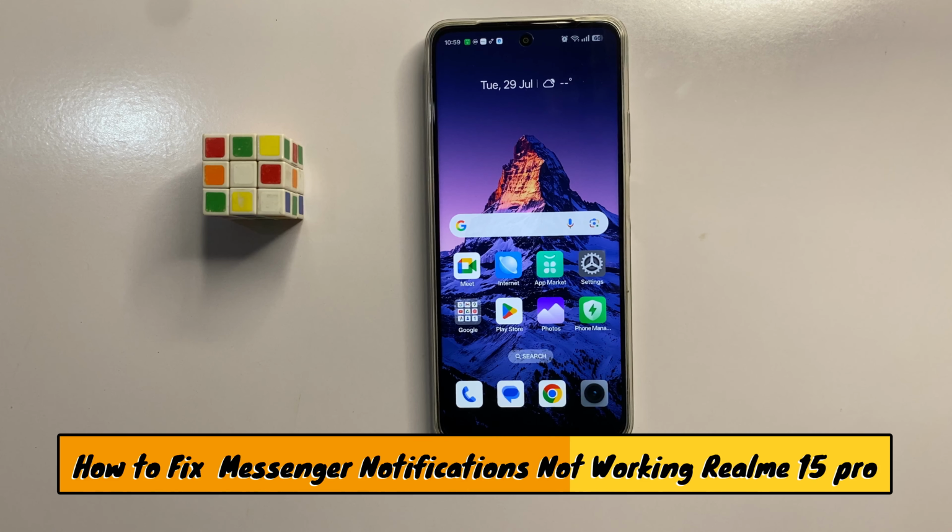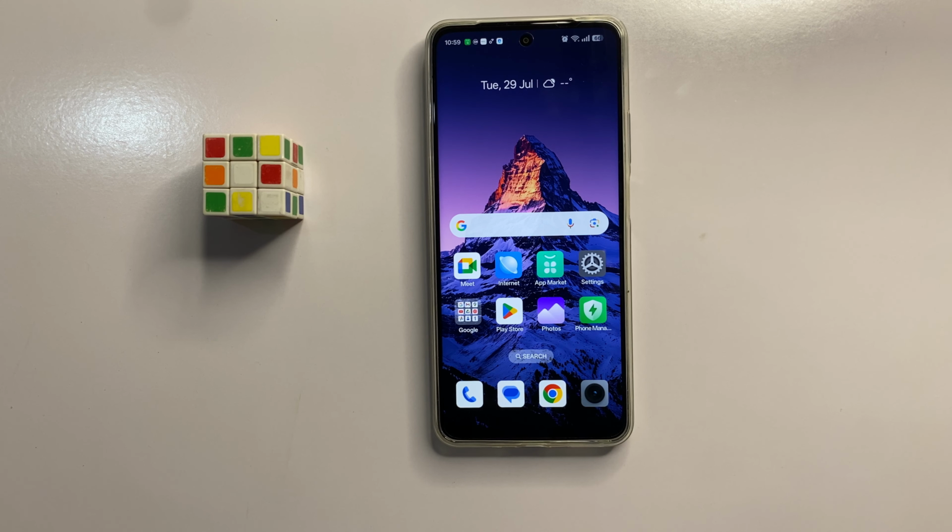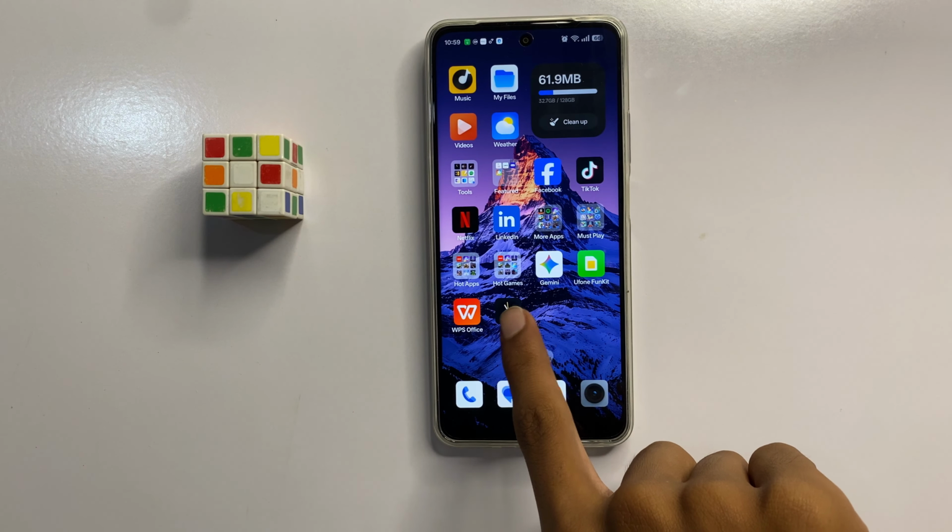Hello everyone, in today's video I am going to show you how to fix Messenger notification not working in Realme 15 Pro. So let's start the video. First of all,